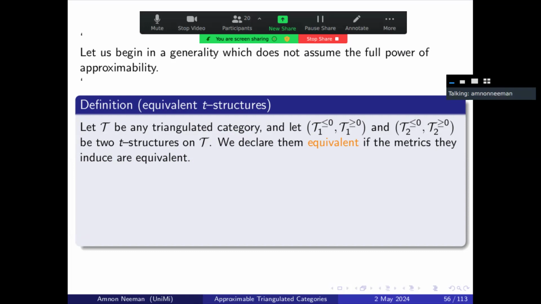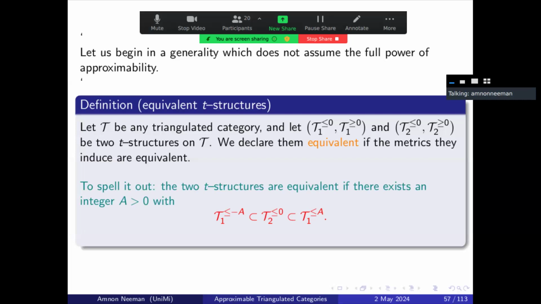So let T be any triangulated category, and suppose I give you two T structures on it. I declare them equivalent if the metrics are equivalent. And remember, a T structure is a norm, which means that the ball of radius 1 governs everything. So to say that two norms are equivalent is to say that the ball of radius 1 with respect to norm 2